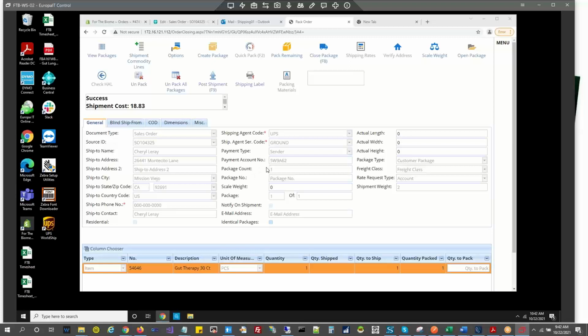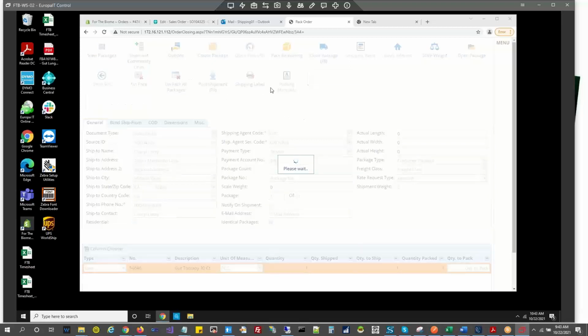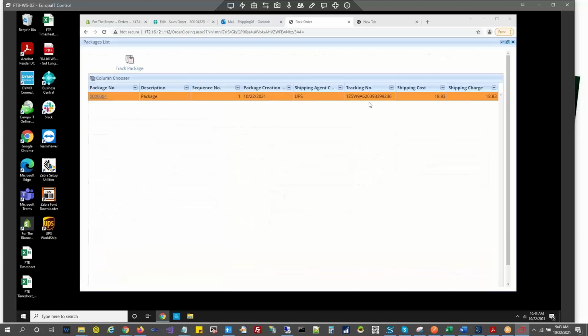If you want to modify or if you have any changes for this particular shipment, you can undo that. Why didn't it put the tracking number in here? Where's the tracking number? We can see it in the particular package. Each and every package has a different tracking number, so it's populated on the packages.